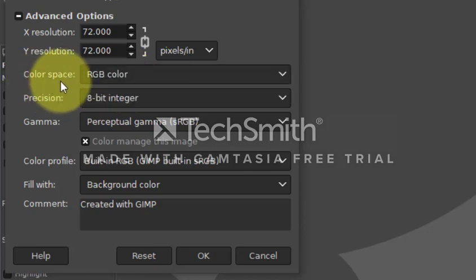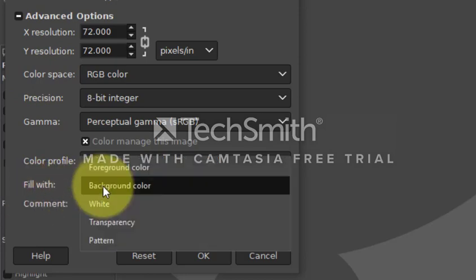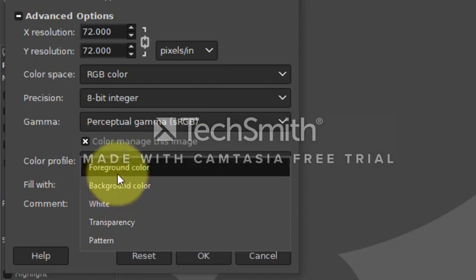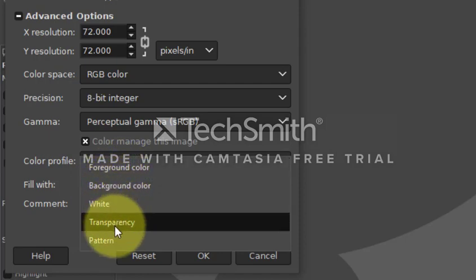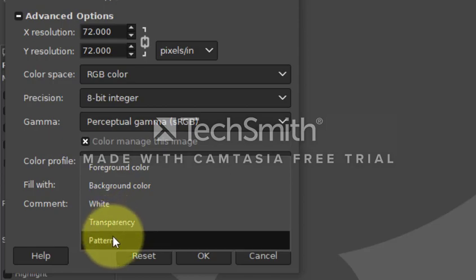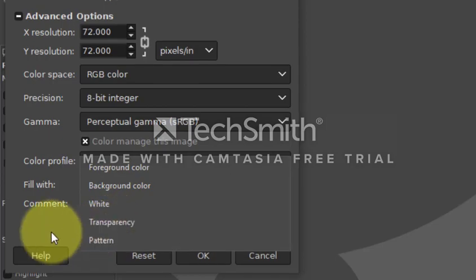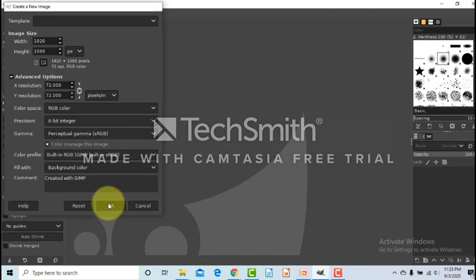Using Fill With option, you can click the down arrow and choose from the available options: foreground color, background color, white, transparency, or pattern. Click OK. A blank file is created.